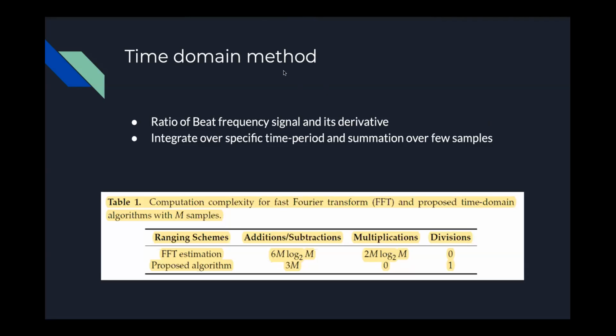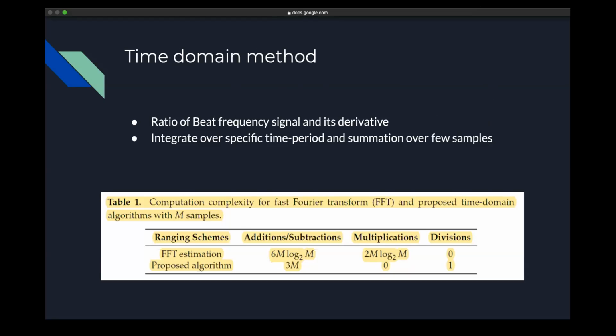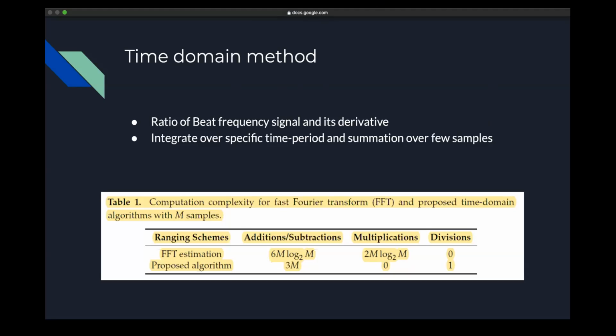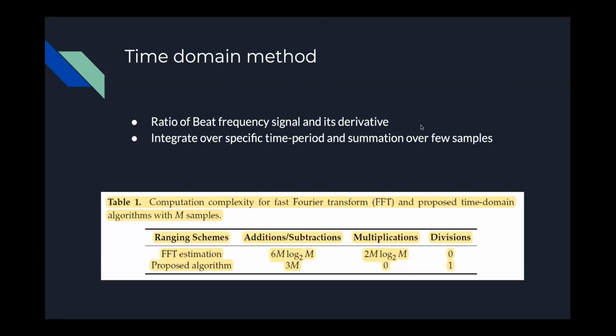Okay, so there is one time domain method, which does not use frequency domain analysis, to find the beat frequency. This method uses the beat frequency signal and its derivative. We take the ratio of both for a specific time period less than the chirp time period, and sum over a few samples. From that we get the